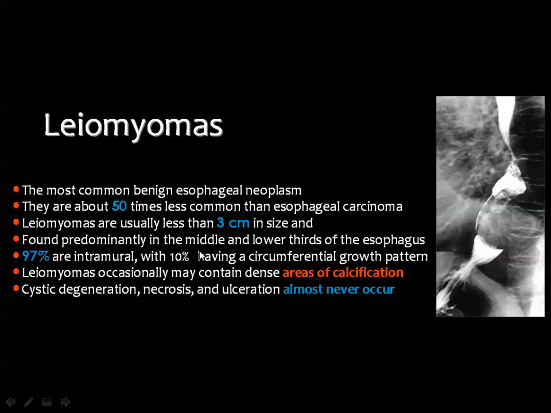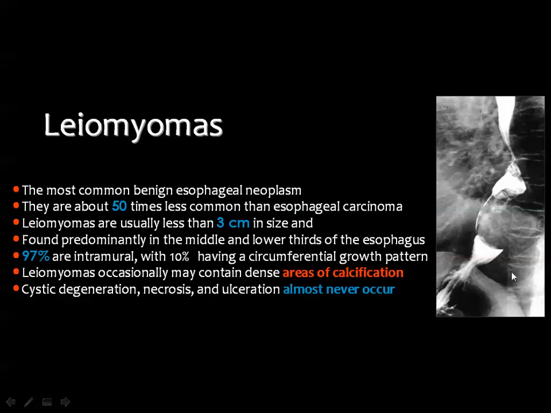It is usually the commonest esophageal benign neoplasm, but is far less commonly seen in clinical practice compared to esophageal cancer. Most of the leiomyomas are in the range of 3 centimeters, and they usually grow in the wall